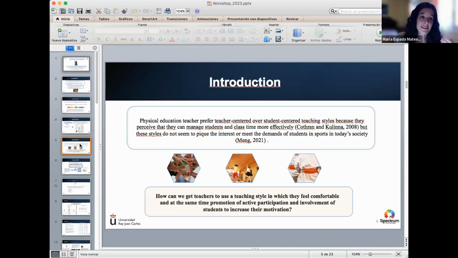But this style does not seem to pique the interest or meet the demands of students in sports in today's society. So with this background, we asked, how can we get the teachers to use a teaching style in which they feel comfortable and at the same time promotes active participation and involvement of students to increase their motivation?